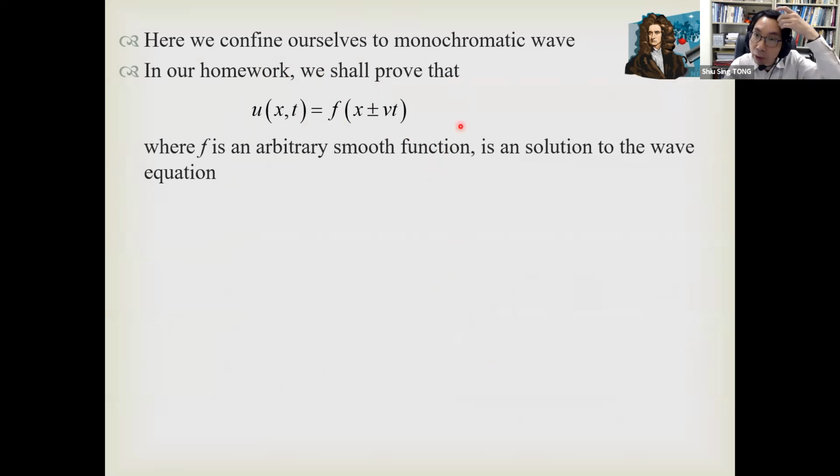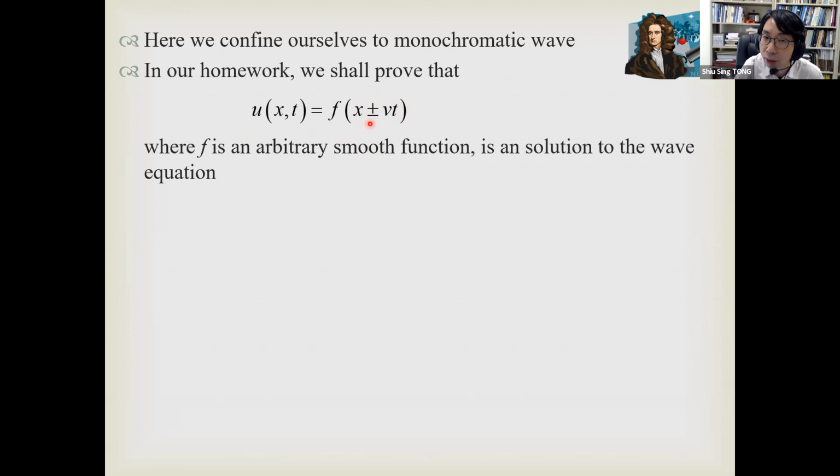Now, in our discussion, we have confined ourselves to monochromatic waves. But in fact, you can prove that even for a wave which is not monochromatic, there is a general solution to the wave equation. In fact, the general solution is given by a solution of this form. If u is given as a certain function, and the function is completely arbitrary, so you can have a completely arbitrary shaped pattern, a completely arbitrary waveform,